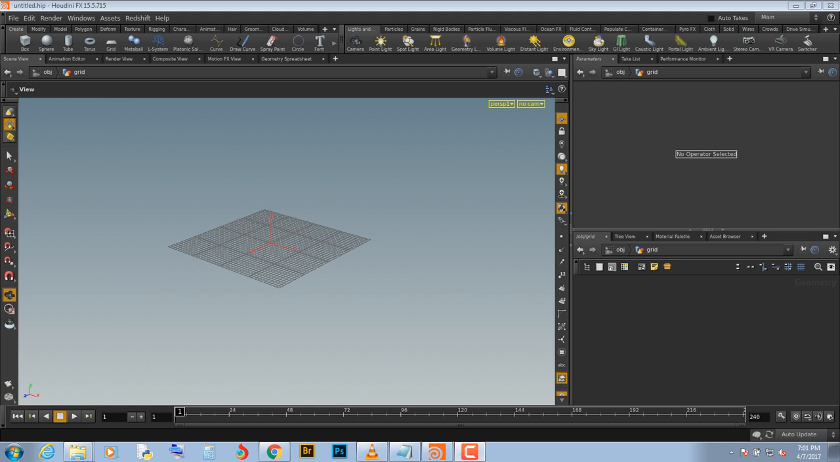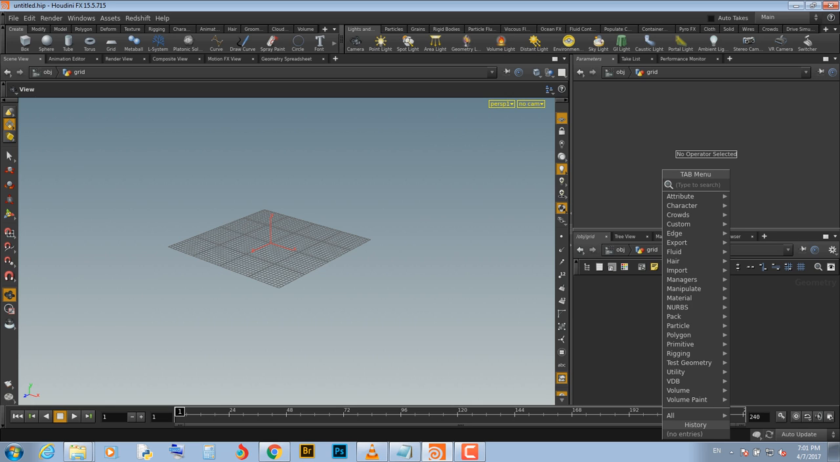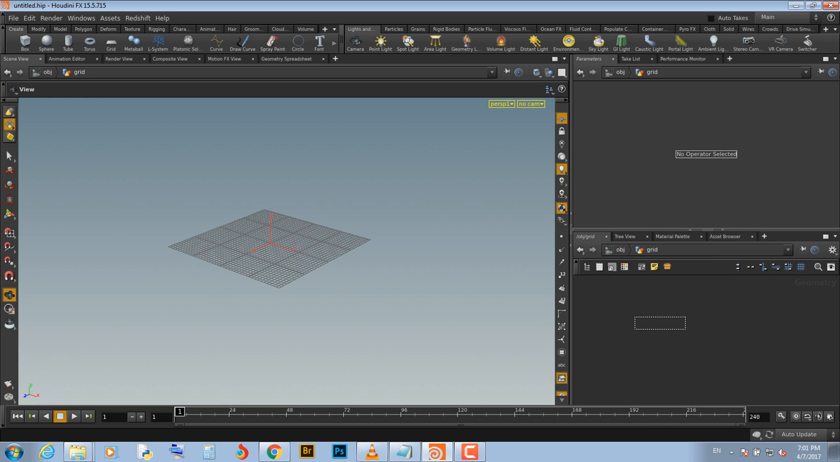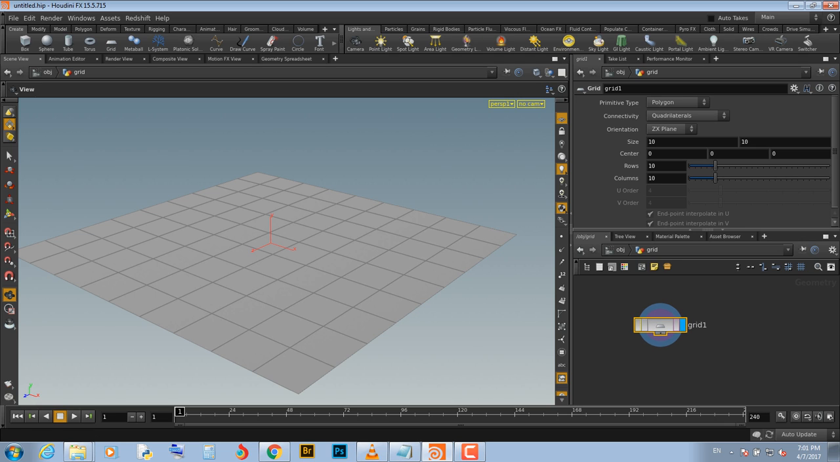So today, welcome to you, and we're gonna make some paper flying effect. And to do so, I'm gonna lay down a geometry, hit tab, and write grid geometry. So I have my grid,